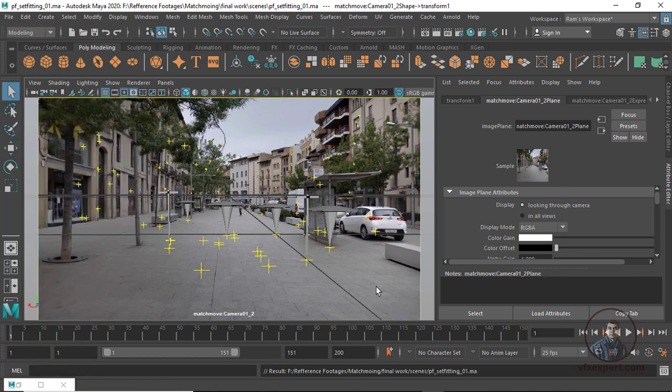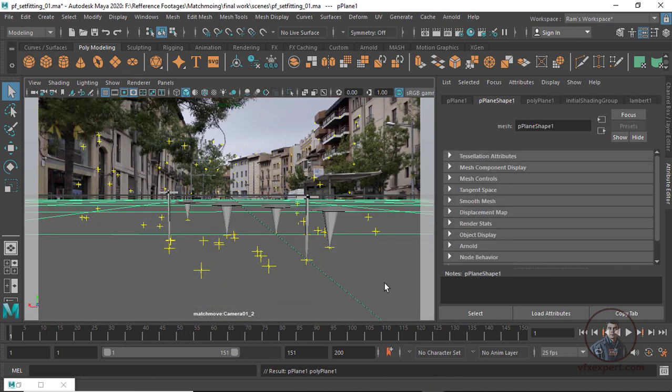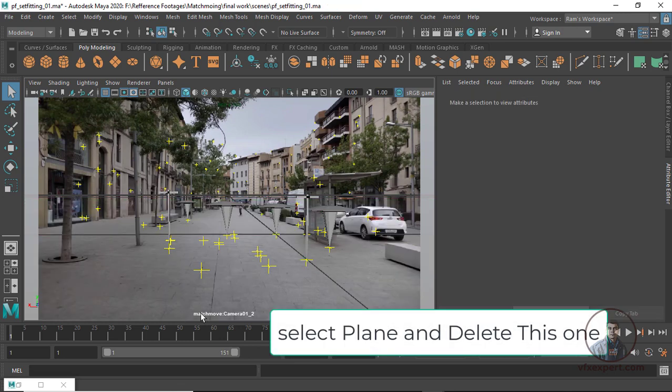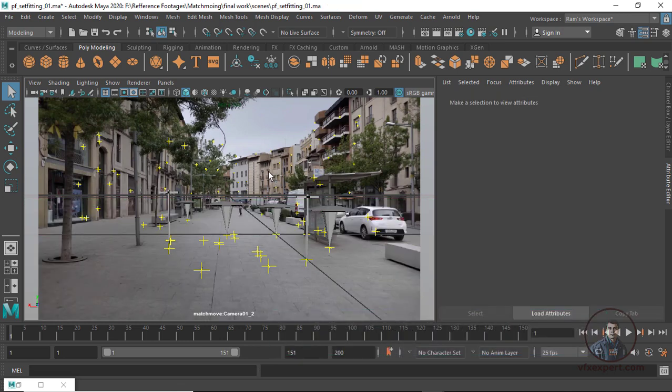Now here we are going to create a proxy geometry. Just click on a plane. Now here you will see your plane is very large. This is the main problem, due to our scene scaling. Because this is an unknown shot and we don't have any information from our shot. If you have any information from your shot, then adjust the scene scale according to that information. Here I don't have any information, so I am going to manage it manually.